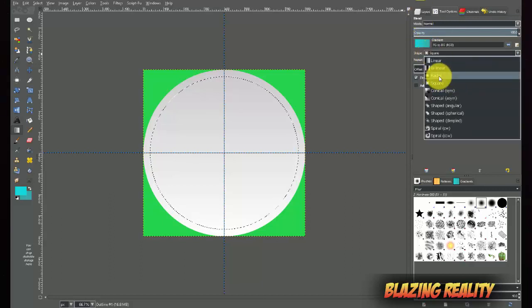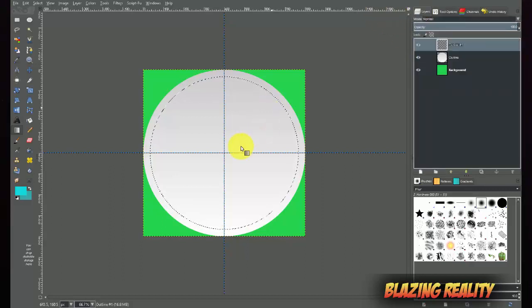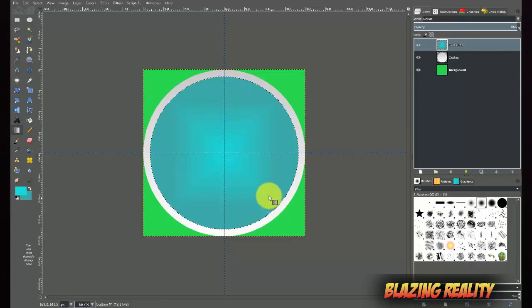You can make this whatever you want. You can make it radial, bilinear. You can make a spiral, whatever you want, it's your choice. I'm going to make it a square. Now I'm going to drag my cursor from the center of the circle to the bottom right, and it should